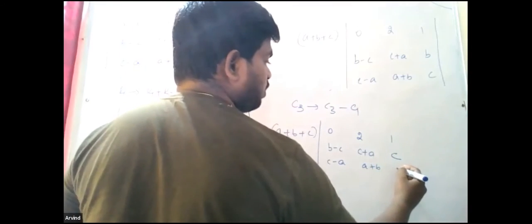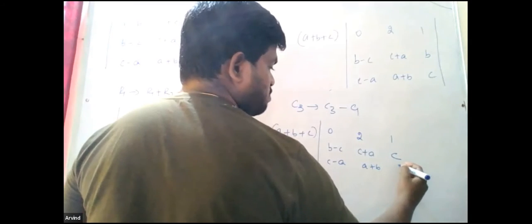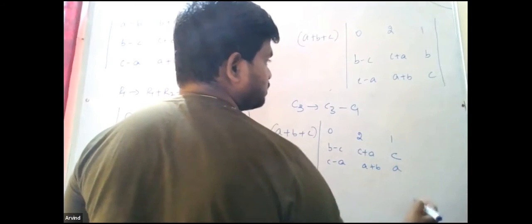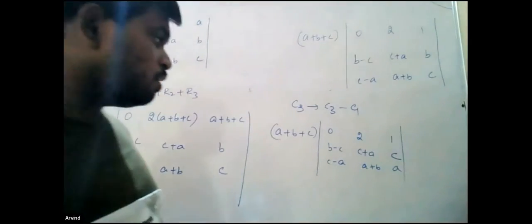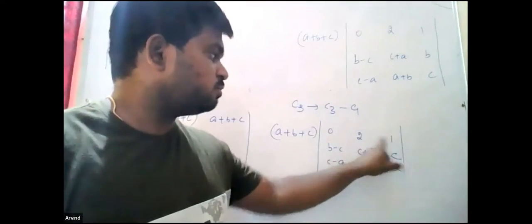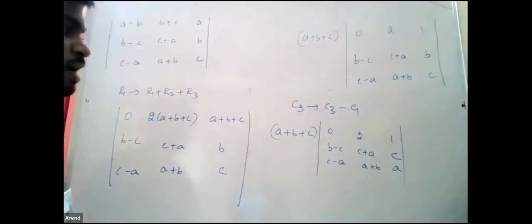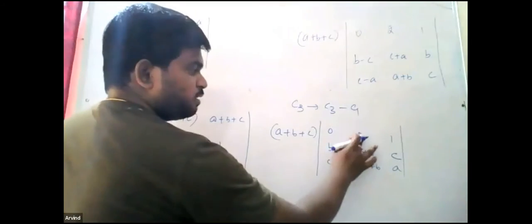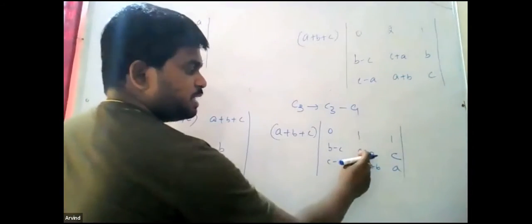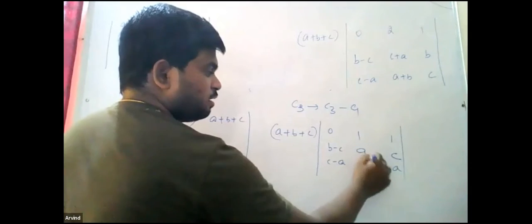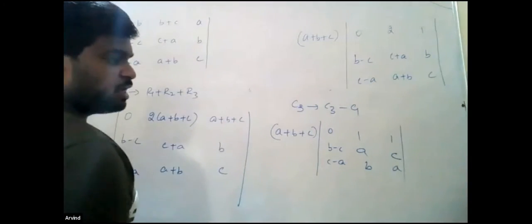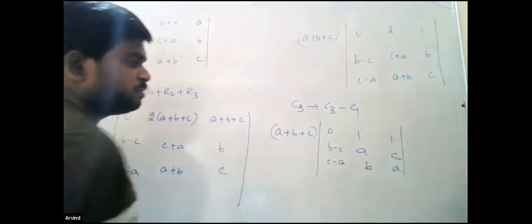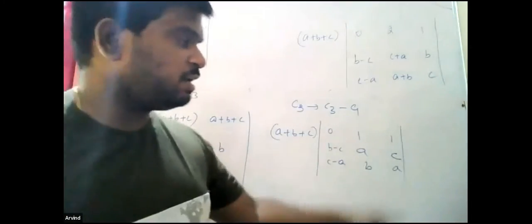Next, C minus A, you will be left only with A, I guess. Yeah. 1, C, A. Now you can also subtract these two. You can subtract these two. It will just reduce. 2 minus 1 is 1. I'll do directly. 1. C plus A minus C is A. A plus B minus A is B. Next, similarly you can subtract these two as well. This is enough. If you just take the determinant